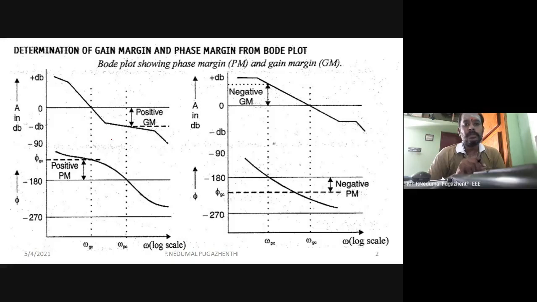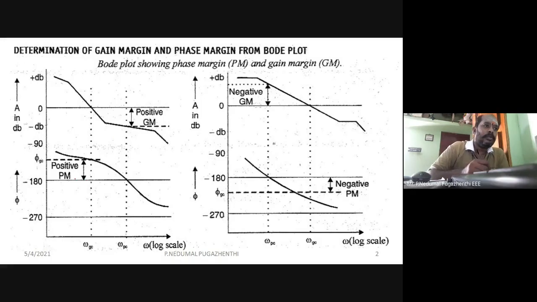The first slide will deal with, I am not satisfied with yesterday's last discussion regarding phase margin, calculating phase margin, gain margin, phase crossover frequency, and gain crossover frequency. Anyway, I will try to explain you now with this diagram. You try to follow that. After that, we will discuss the problem, right?